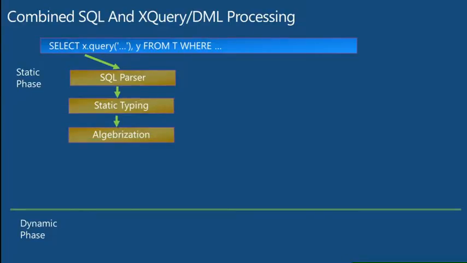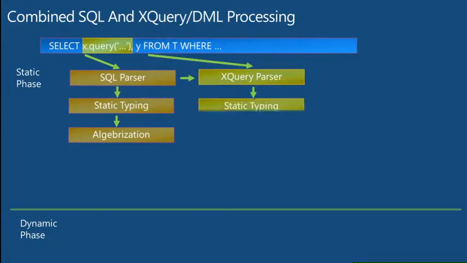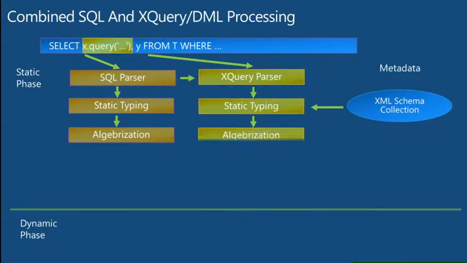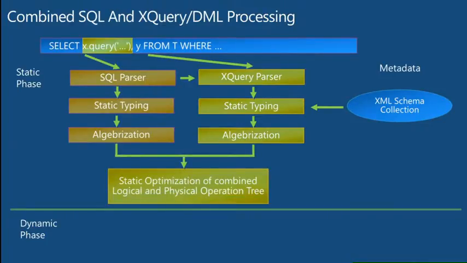The SQL parser does some static analysis, algebrizes it into some internal tree. And every time it sees an XML method, like a query or a value method or a nodes method, it will call out to the XQuery parser, and then the XQuery parser will do its parsing. It will do static analysis, optionally taking a schema collection into account, and algebrize. And then during that compilation phase, these two algebrization trees, or many algebrization trees, will basically be combined, and then